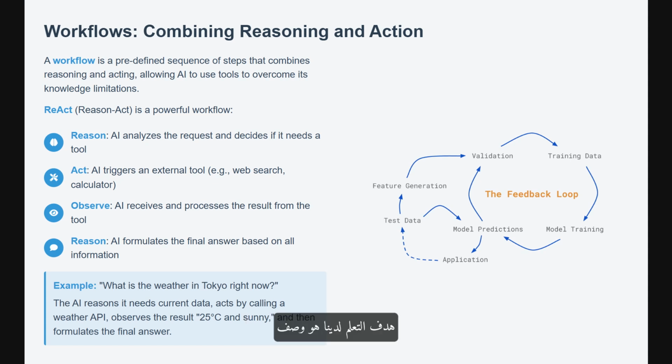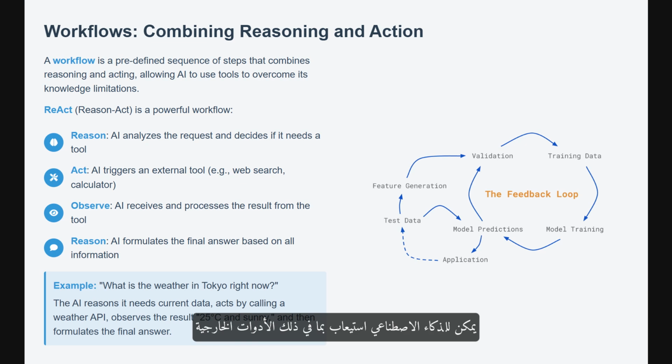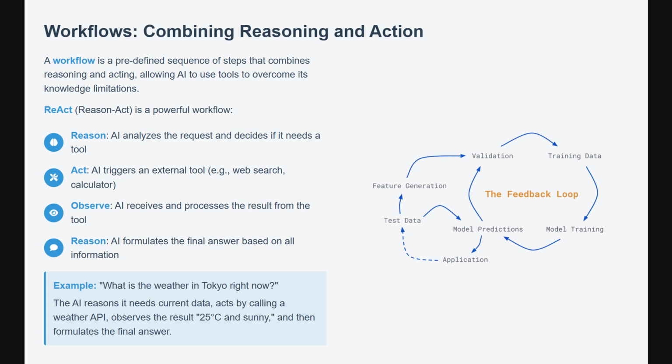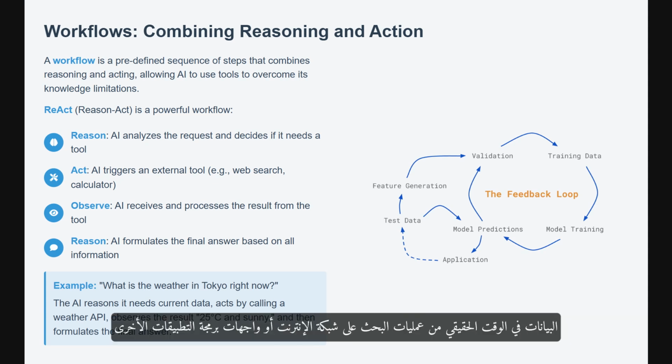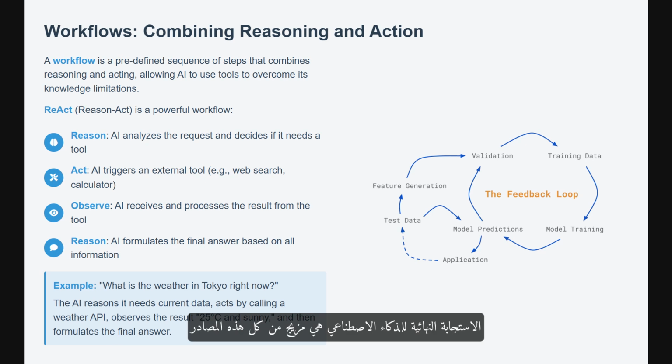Our learning objective is to describe the various sources of data an AI can ingest, including external tools, memory, and user queries. Data ingestion is the process of an AI collecting the information it needs to function. The three main sources are the user query, the user's direct command, like "write me a poem"; memory, which includes the conversation history and the vast library of pre-trained knowledge the AI was built on; and external tools, which provide fresh, real-time data from web searches or other APIs. The AI's final response is a blend of all these sources.